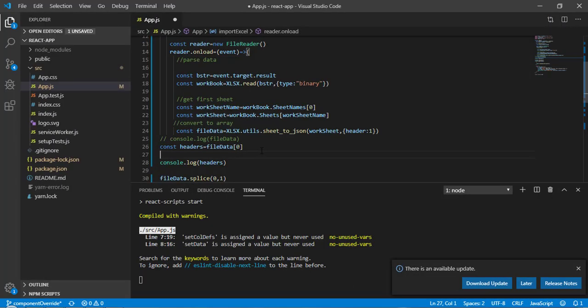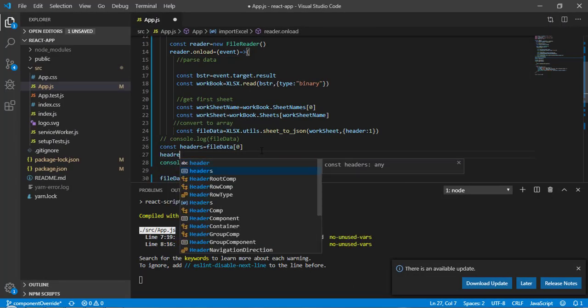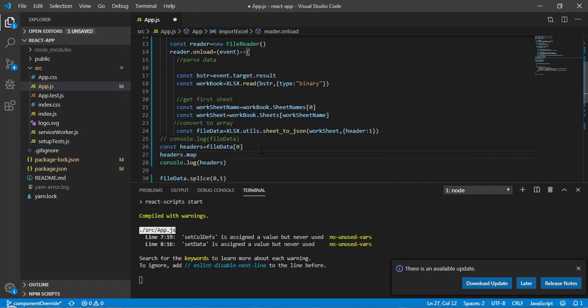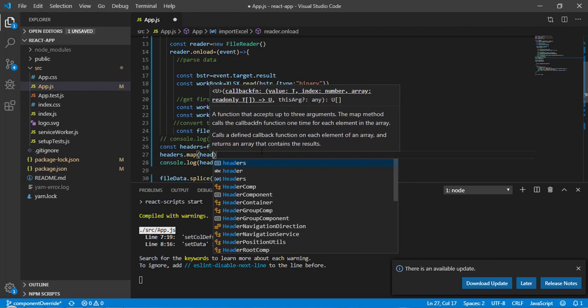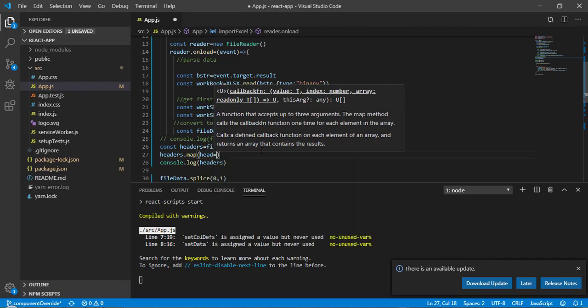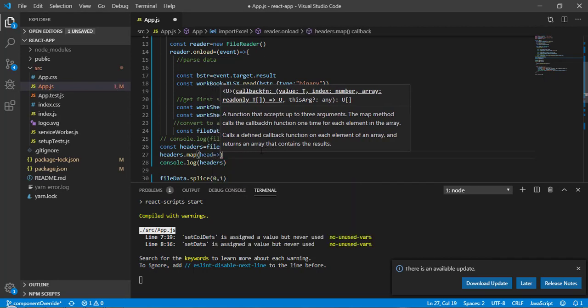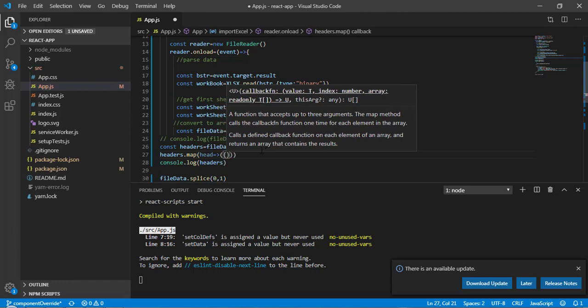So here I will write headers dot map, and this map is going to give me a particular head, so I will call it head, and from here I am going to return an object. I will add two properties to this.